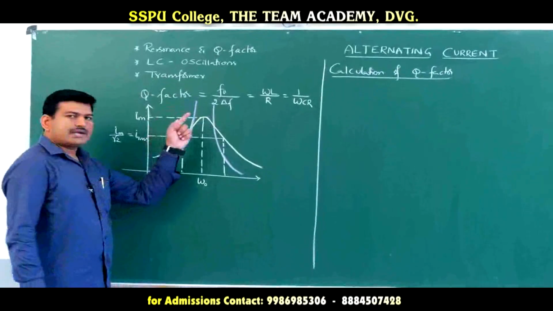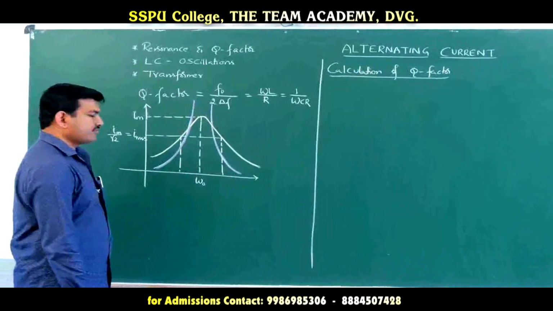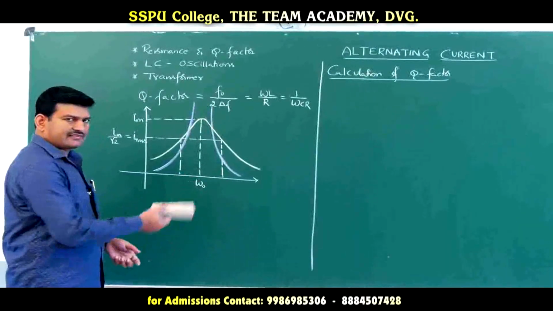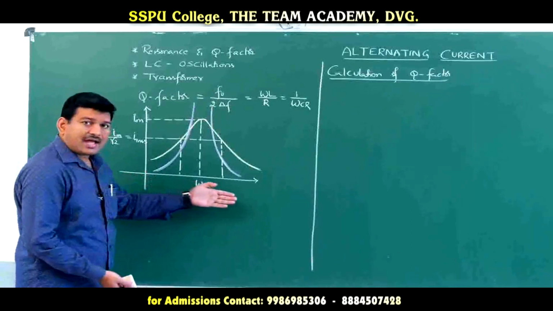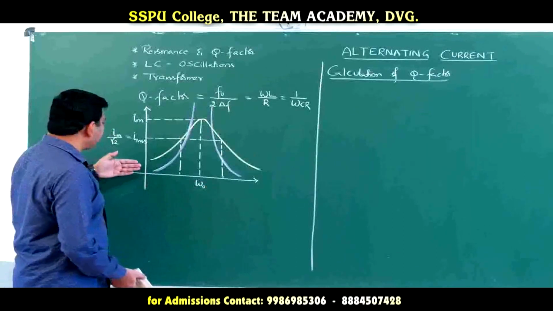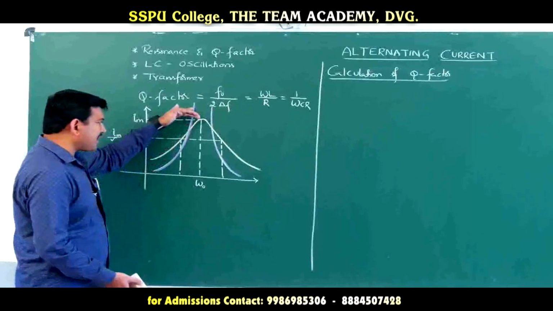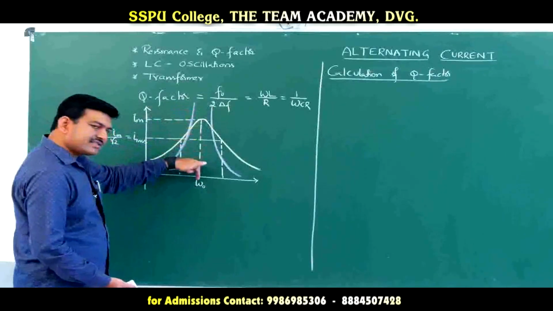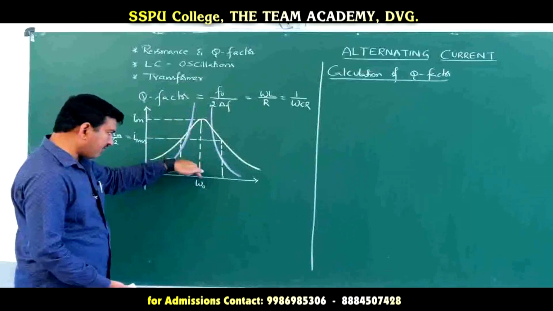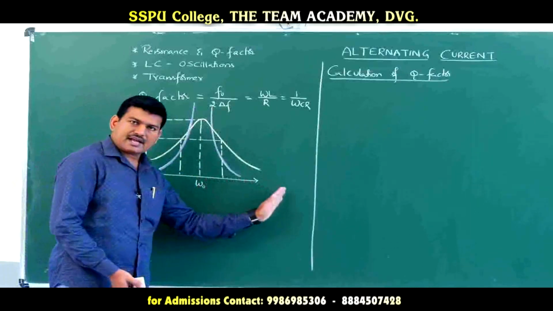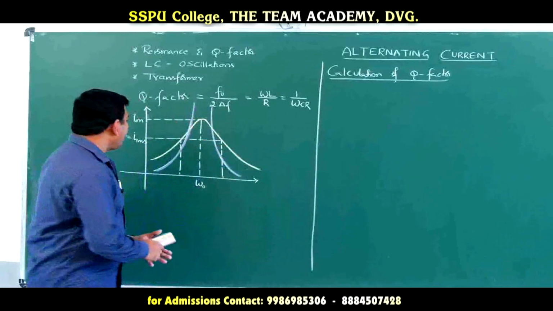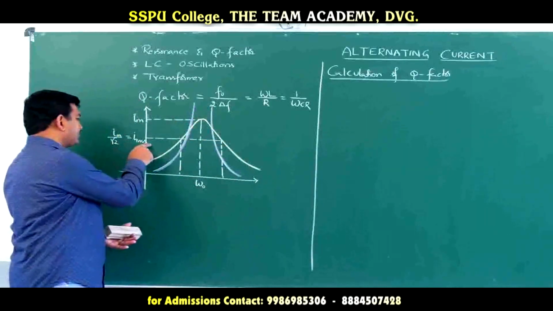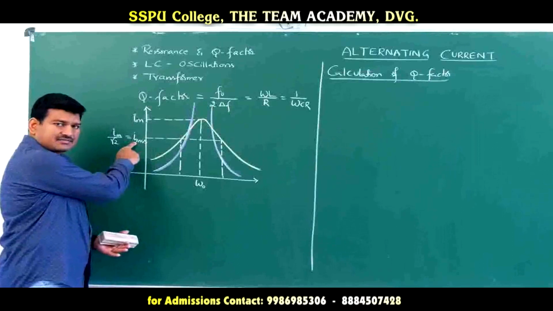Calculation of the quality factor or the Q factor. If you see the graph which we have already drawn, what is happening with increase in the angular frequency? The current is increasing in the beginning, becomes maximum for a particular frequency called what? Resonating angular frequency. With the further increase in the angular frequency, the current in the circuit is decreasing. And what is this current here? This is the current referring to the RMS value.